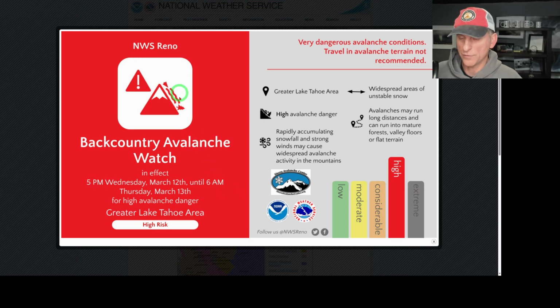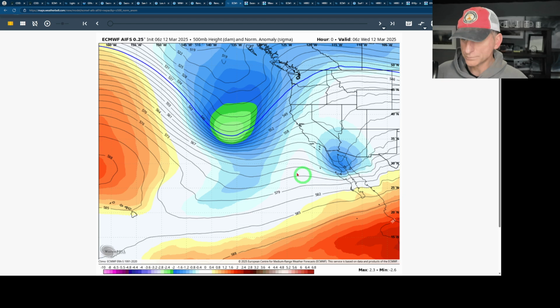And also National Weather Service Reno talking about the backcountry avalanche watch all the way until 6 a.m. Thursday, March 13th. Watch out for that high avalanche danger, Greater Lake Tahoe area. Now,